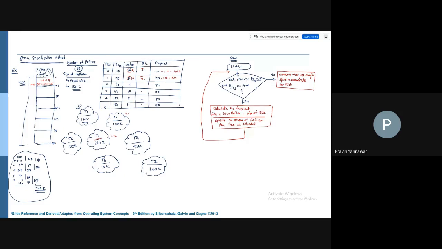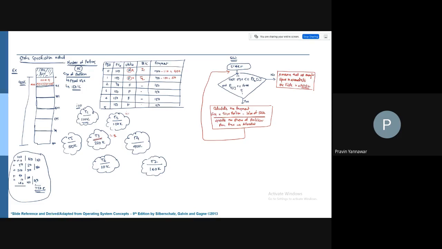Here the task size is now 210k, which is not less than the size of the partition. The size of the partition is 150k, and this is still free, but it is simply saying that there is not enough space to accommodate the task in the partition, or you can say the partition size is less than the size of the task. So you cannot do this, right?